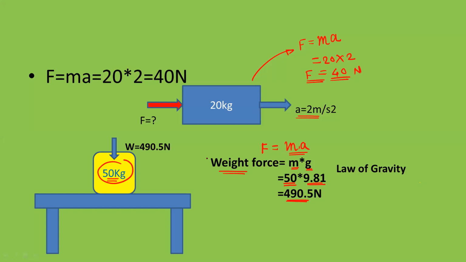So there can be one question. If there is acceleration for this object, why is it not moving? For the first object, we take the acceleration a is equal to 2 meter per second square, and we consider that the object is moving on the right side. But for this case, we use the same formula, F is equal to mass into acceleration. We take the value of acceleration as 9.81. But right now it is stationary. So what is the reason? Can anyone answer?